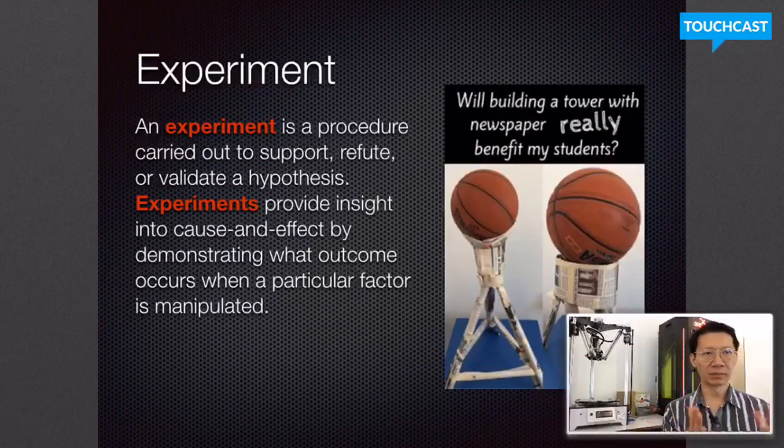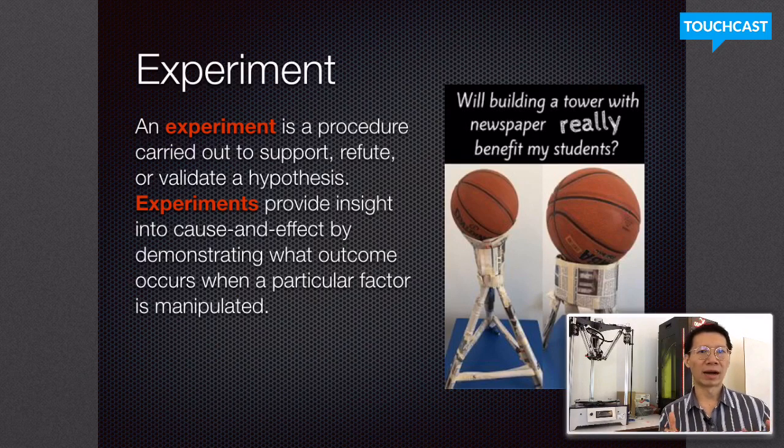So what is the definition of an experiment? An experiment is a procedure carried out to support, refute, or validate a hypothesis. A hypothesis is something called an assumption. And an experiment provides insight into cause and effect by demonstrating what outcome occurs when a particular factor is manipulated. For example, you put something to test it out, and you say, if you do it like this,